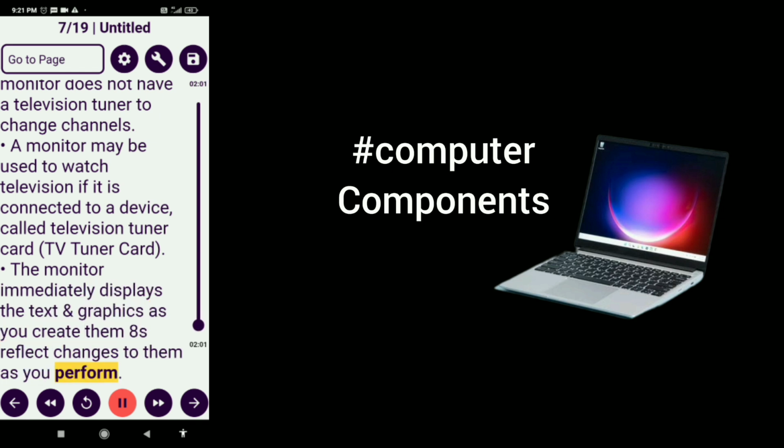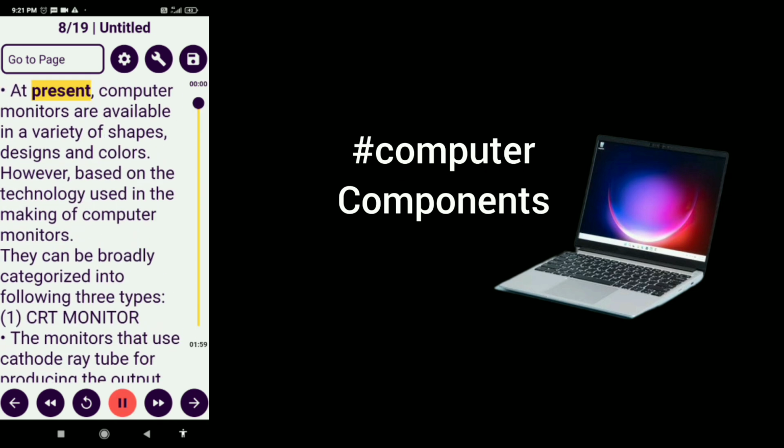It also reflects changes to them as you perform. At present, computer monitors are available in a variety of shapes,